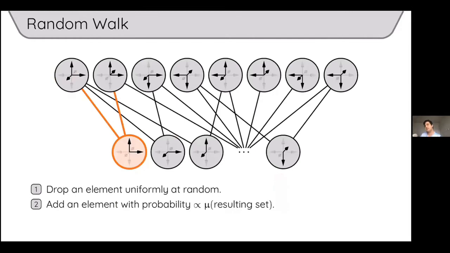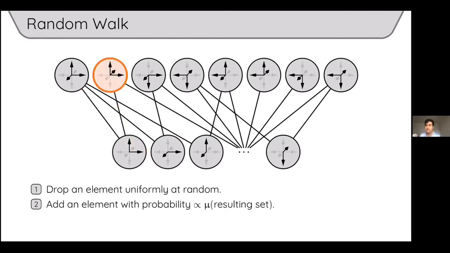If you continue doing this, you might hope that you would converge to your distribution mu. Actually, you can easily show that this type of random walk always has the distribution mu as its stationary distribution. So under some mild ergodicity assumptions, it would converge to mu. But the question is, how fast is this convergence? High-dimensional expansion is a way of quantifying this convergence and showing that it's polynomially bounded.